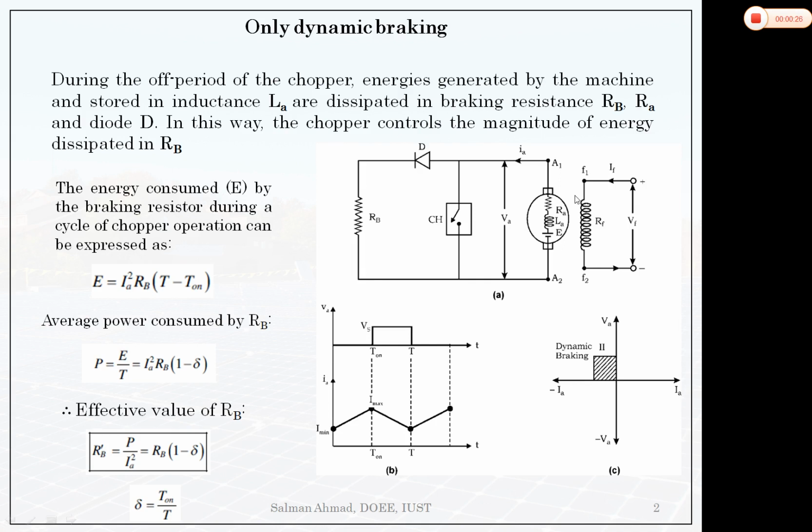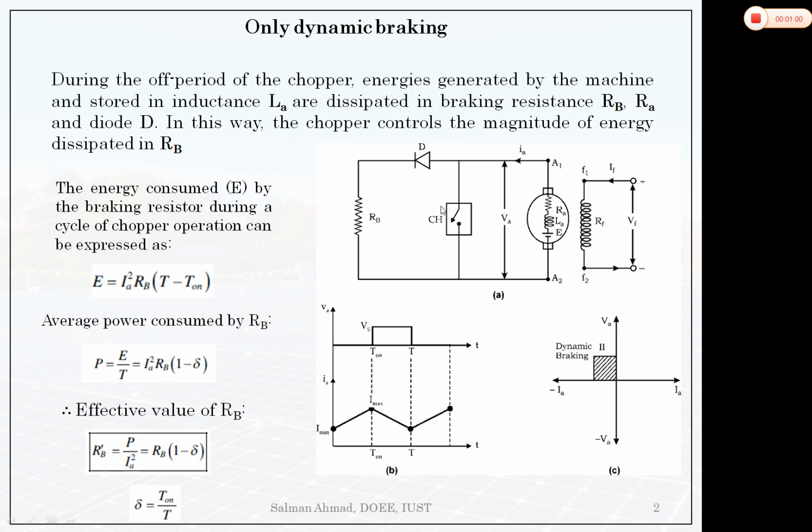So in separately excited DC motor we are having one armature circuit which is having armature resistance RA, armature inductance LA, and there will be back EMF if the machine is rotating, which is proportional to the flux and speed. In a separately excited motor, the flux is constant because VF we are keeping constant, so field current will be constant. So flux generated by this field winding will be a constant value. So back EMF is proportional to the speed.